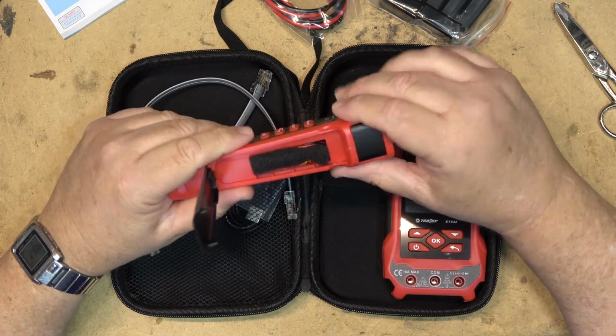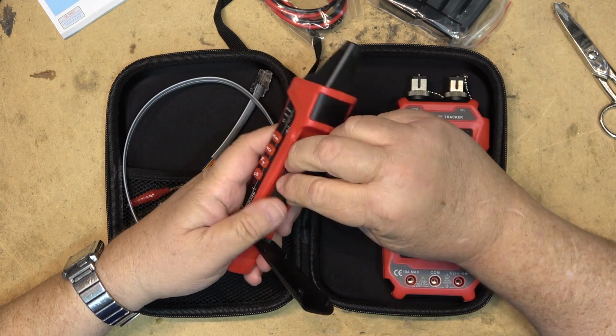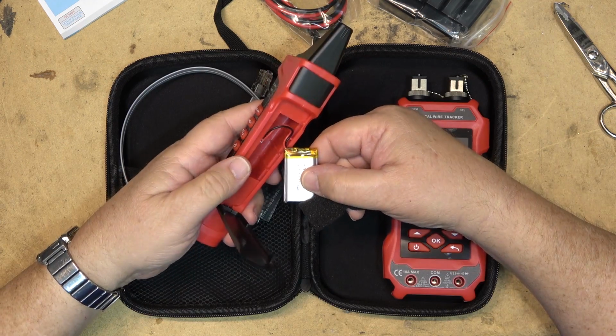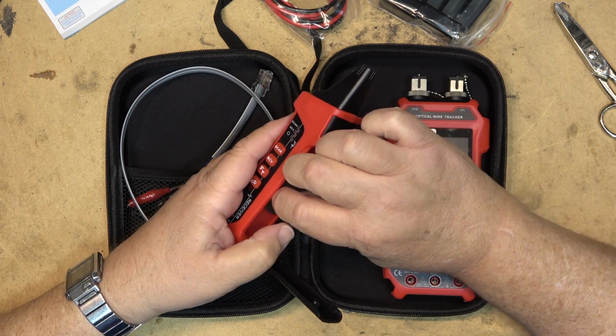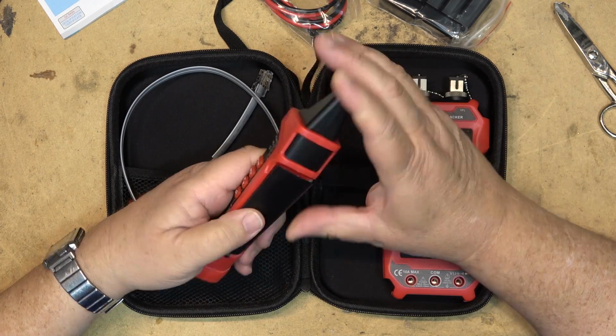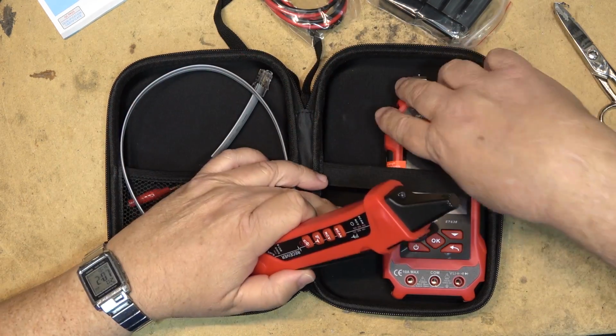And what does this do? This opens up. Oh, that's just where the battery, I guess, lives. It's got a rechargeable battery that you can replace. Just a user replaceable battery in here, held in place with a piece of foam. Presumably you could put a higher capacity battery in there if you wished. And the meter itself,